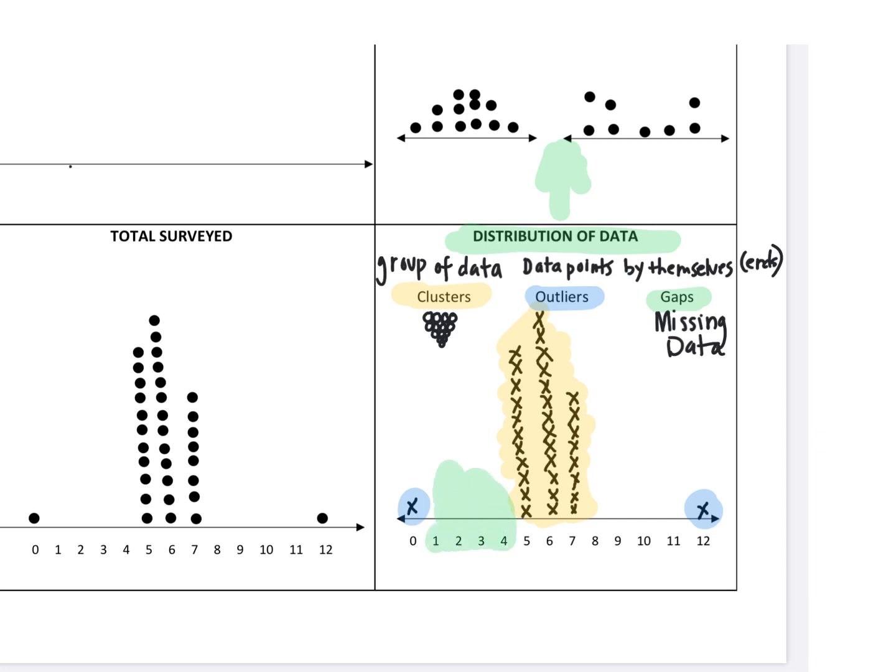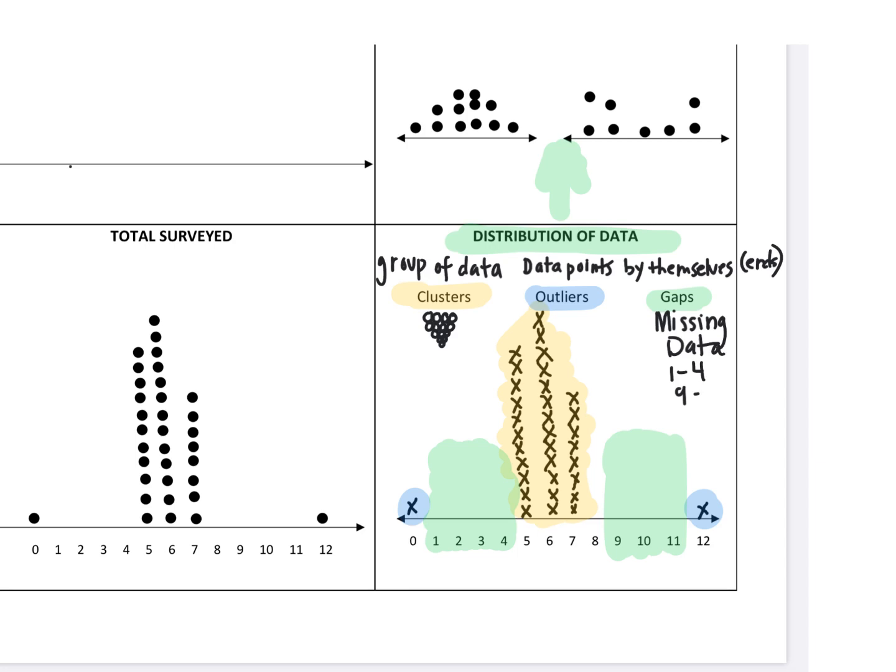There's a gap here. You see that there's no data. There's no line plots, okay? And then we have another one between 9 and 11. So we have two spots where we have gaps. So if you want to define it a little bit more, we have a gap between 1 and 4 and between 9 and 11. Our group of data is between 5,